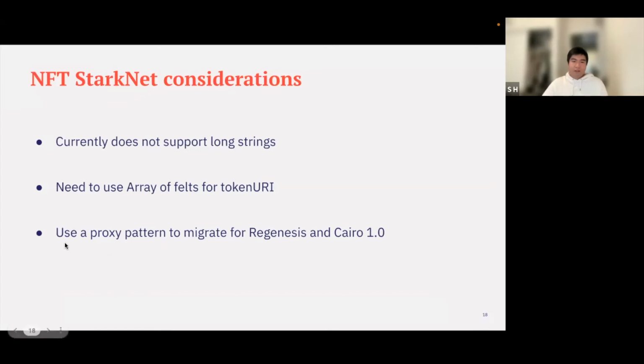And I think another consideration is regenesis, which means that in I think Q4 or Q1 of next year, StarkNet is going through a regenesis, which means that it's going to stop supporting older Cairo contracts. And I think if you want to build an NFT contract on StarkNet today, you should really use the proxy pattern so you can upgrade to the new version of StarkNet, or else you're not going to have a great time when you're trying to migrate your assets over. So I would very much encourage the proxy pattern. You can have a proxy contract that you can point to the updated version of your NFT contract.